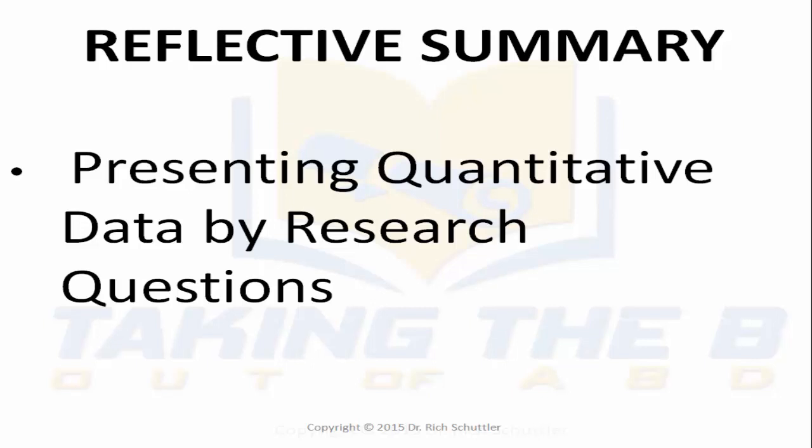In this lesson strategy, as part of the reflective summary, I want to just indicate that this lesson provided information about helping you understand how to present quantitative data by research questions. In most quantitative work, it's easier to present your work in Chapter 4 by research question, from research question number 1, 2, 3, and however many you have. There was some reason early on in your proposal that you decided which independent variable would be used for research question numbers 1, 2, and 3. You start out with that process in the proposal.